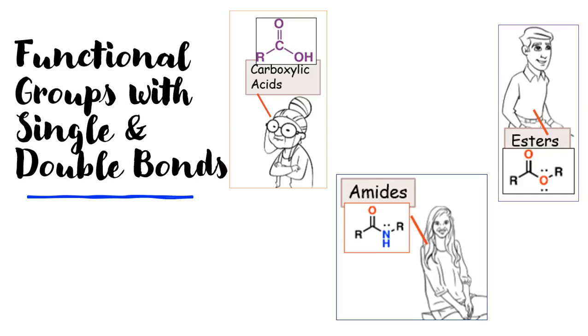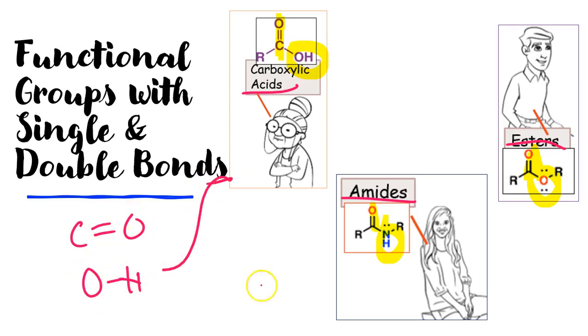All right, let's get into the functional groups with single and double bonds. So we're going to be focusing on our carboxylic acids, amides, and our esters. As you can see, there's definitely some similarities between them. They all have a carbonyl group, okay? And they're all made of a single bond as well. So both these things together, having that carbonyl group and having those single bonds like OH here, NH here, and oxygen and carbon here, are what allow it to have single and double bonds and therefore be distinguished separately from